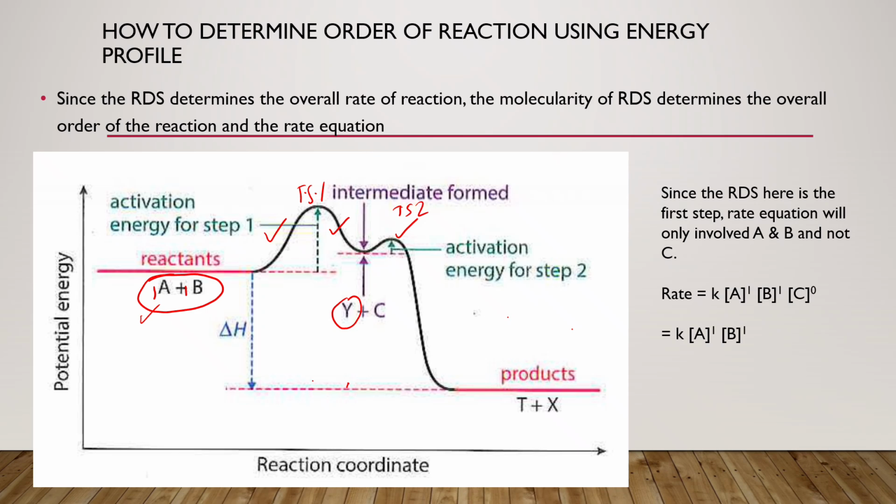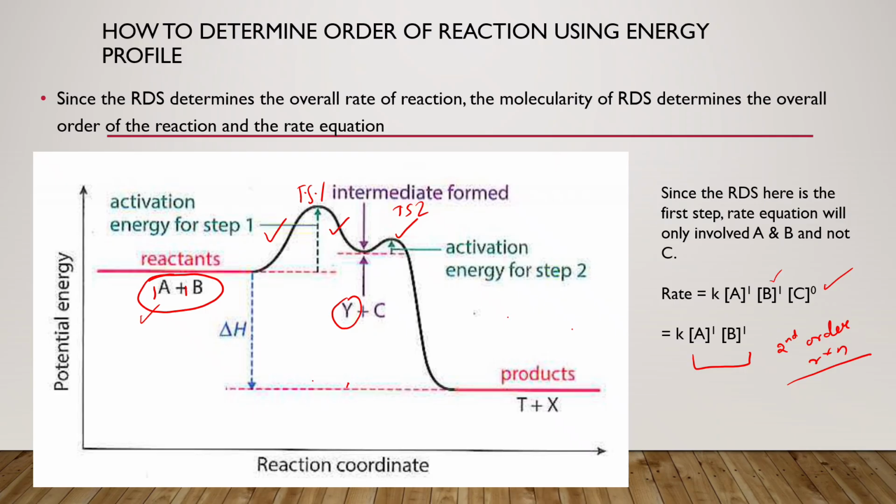Similarly, the order with respect to B is also 1 since there is only one reactant entity B involved. But the order with respect to C is 0. That's because C is not part of the rate determining step. So essentially, this one is a second order reaction, and in this particular reaction, the rate doesn't really depend on the